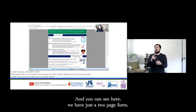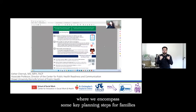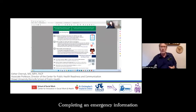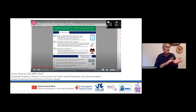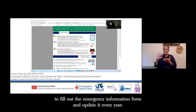And you can see here we have just a 2-page form where we encompass some key planning steps for families with special healthcare challenges, completing an emergency information form with all of the child's medical conditions and needs and medication lists and equipment needs. And we suggest that people work with their doctor to fill out the emergency information form and update it every